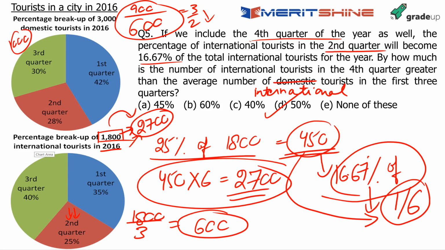Fine. I understand it, Shivangi. I took the international average. Fine, because I intended to write it like this. In a hurry, I wrote domestic here. Fine. So if it's international, the answer is 50%. If it's domestic, the answer becomes a drop of 10%. Yes, I understand. So for the question that was originally written, domestic, the answer would be a drop of 10%. The answer for what is now written, international tourists, would be a jump of 50%. Lucky I got it, I corrected it. Okay, the answer would be minus 10 if it's domestic. The answer would be plus 50 if it's international.